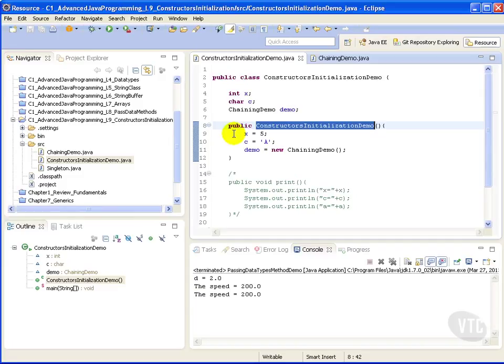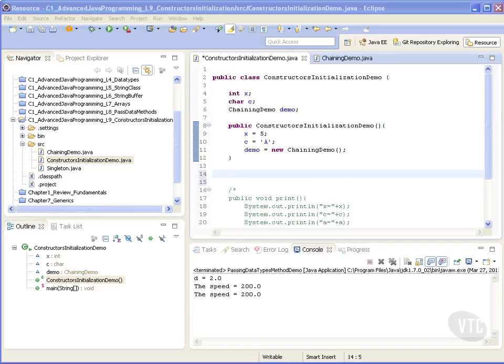Let's talk about constructor overloading. Constructor overloading is a technique in Java in which a class can have any number of constructors that differ in parameter list. The compiler differentiates these constructors by taking into account the number of parameters in the list and their type. Examples of valid constructors for a class are